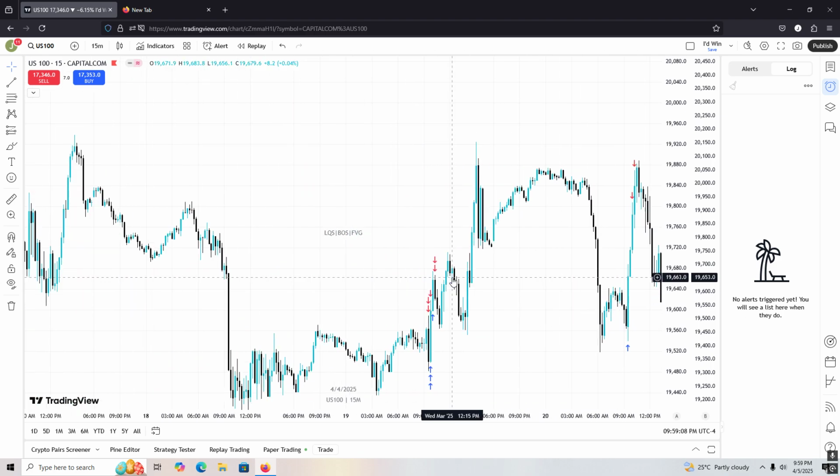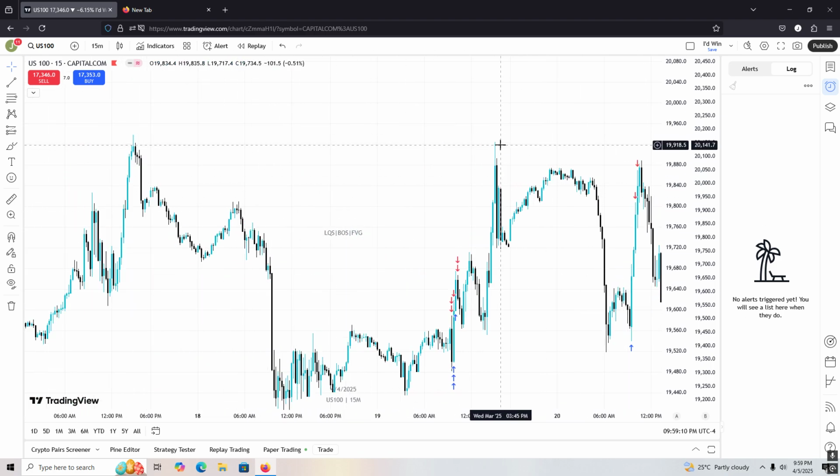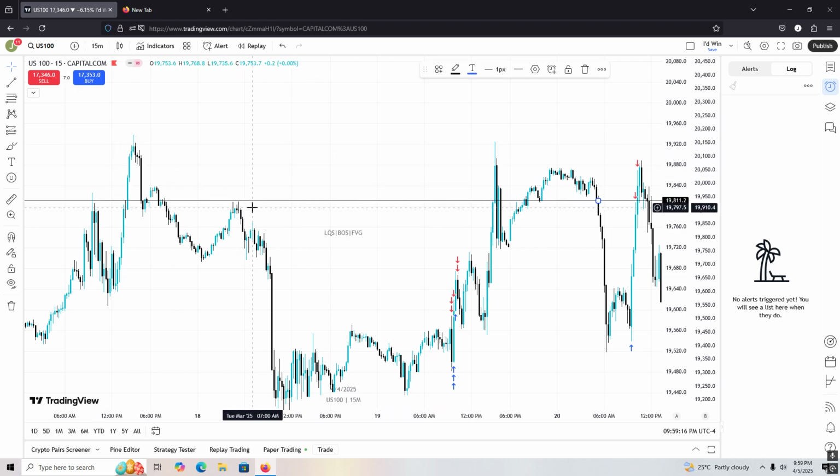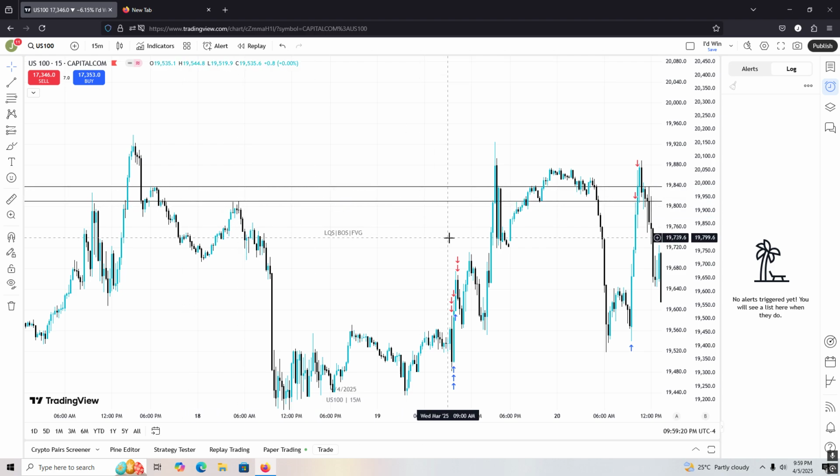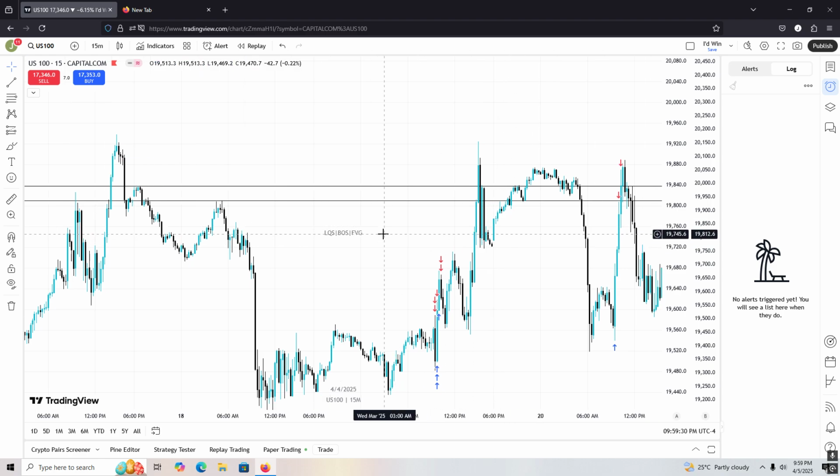But in the same case, it could happen like this too. So like, it didn't take out this one, but like this. This is still a high. This is still a high. And our next thing too, even though I didn't teach that yet, this is a fair value gap. So, actually no, it's not a liquidity sweep. You know why? Because it closed.